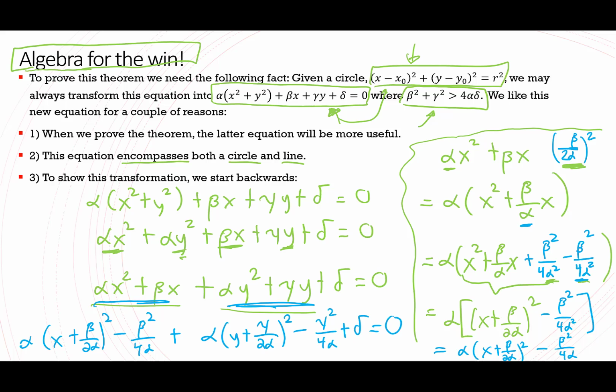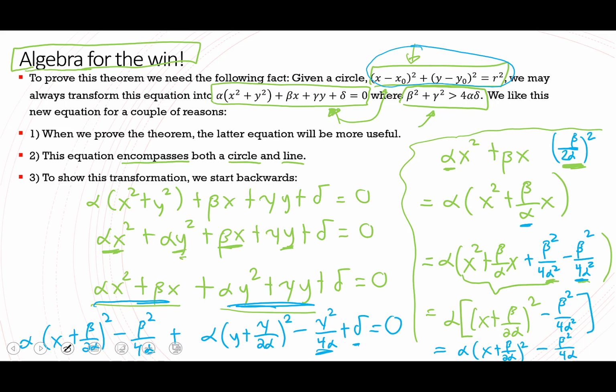So we've completed the square on x and y, and notice you should be like, hey, this is actually really good, because remember, what are we trying to do? We're trying to make it into a circle equation, right? So now we have our squares going on. The only thing is we don't have that r squared. So our next step is, let's move all these constants to the right hand side, and then we're also going to divide by alpha as well. But in any case, let's go ahead and do that.